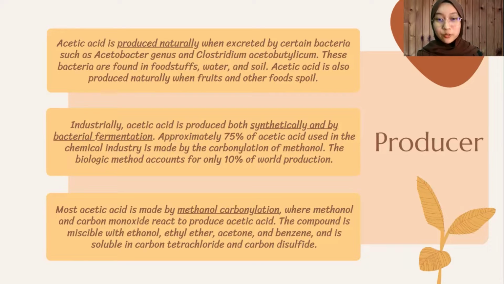But it is important for the manufacture of vinegar because many food purity laws require vinegar used in food to be of biological origin. Lastly, most acetic acid is made by methanol carbonylation, where methanol and carbon monoxide react